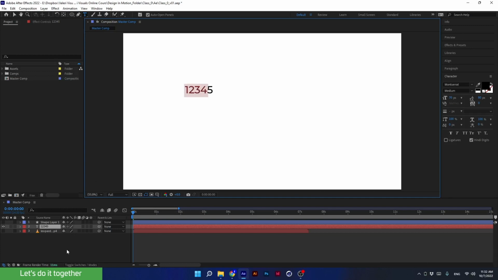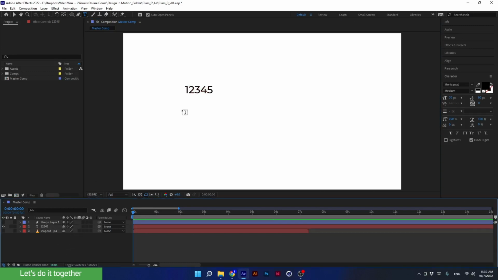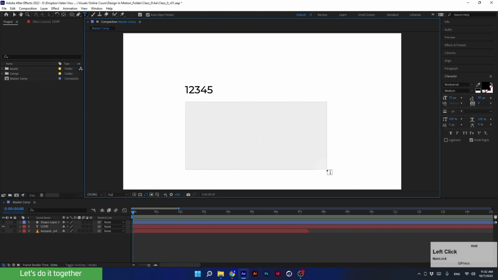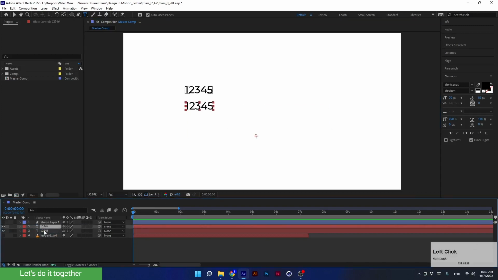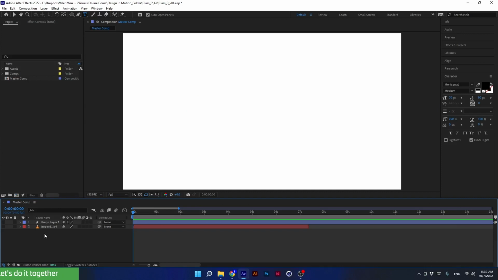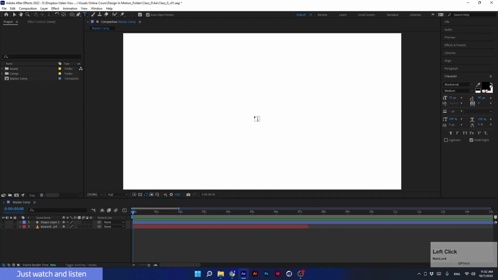I will click here to make sure I'm not selecting any layer. And now I will click and drag. This way, a text box will be created. I'll delete these two text layers. When I create text,